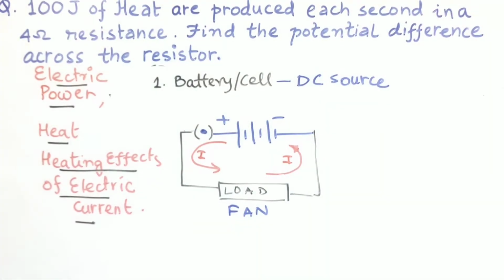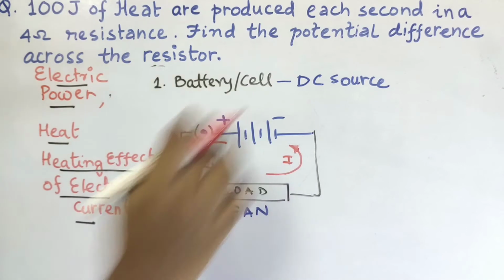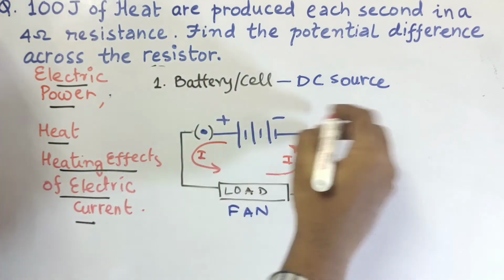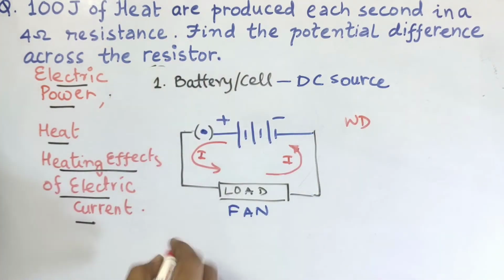So in order to make the charges flow, we need to do work. So that work is done by whom? That work is done by the battery. So the work done by the battery